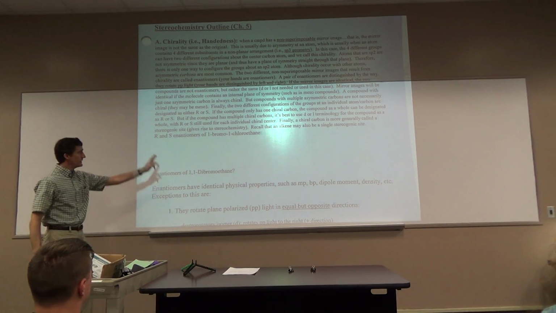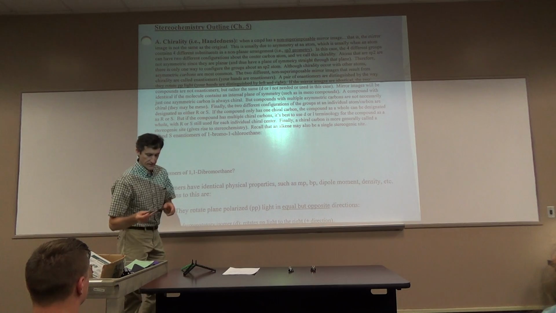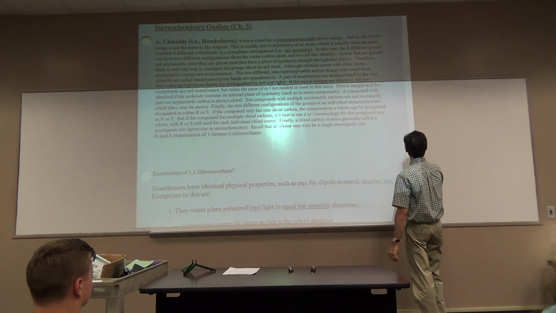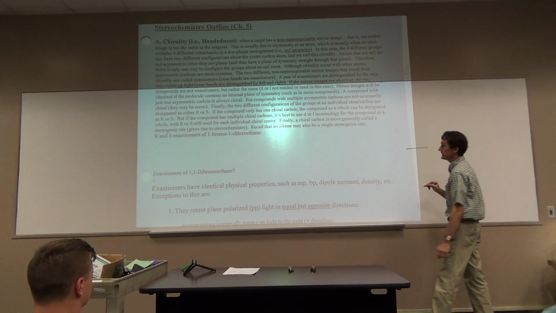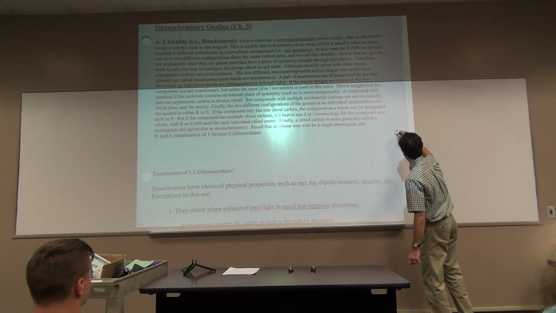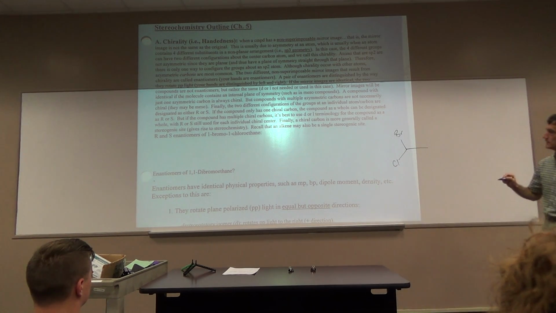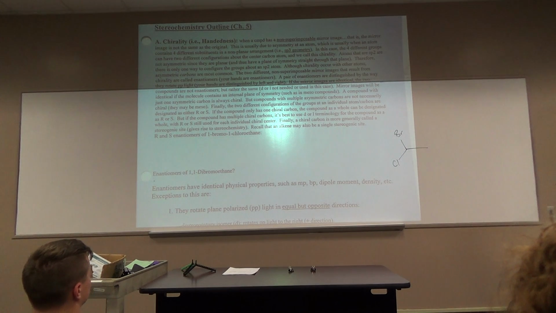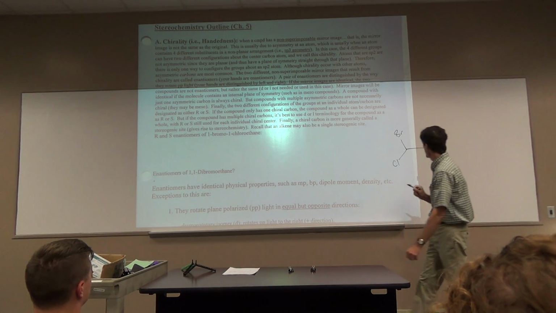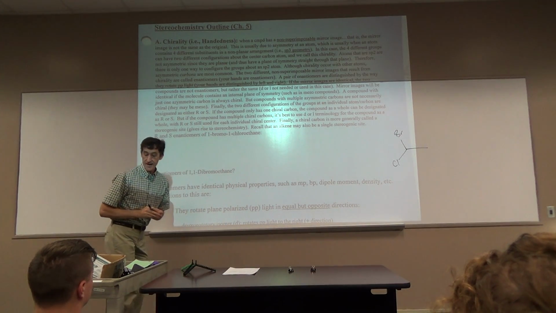Enantiomers of this compound, 1-bromo, 1-chloroethane. Let's draw that compound. I'll draw it, maybe then we have to redraw it. Ethane, that's just 2 carbons, right? There's 2 carbons. 1-bromo, 1-chloro ethane, is that right? Okay. But we can have,